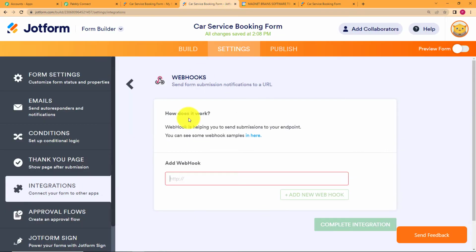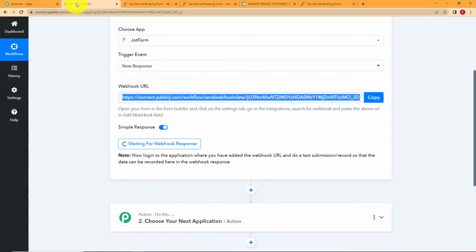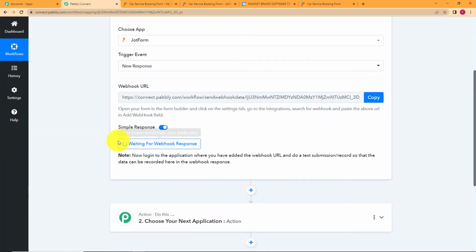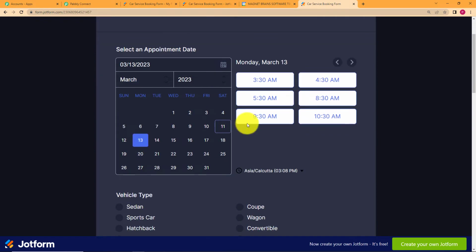Now you go back here and then paste your webhook over here and click on complete integration. It will take 2-3 seconds and say that integration is ready. Click on finish and then come back to Pabbly Connect. Now that it is waiting, you have to go back to this form that we were supposed to fill and then submit the form. Now let us say that I'm available on 17th to give my car for servicing, and